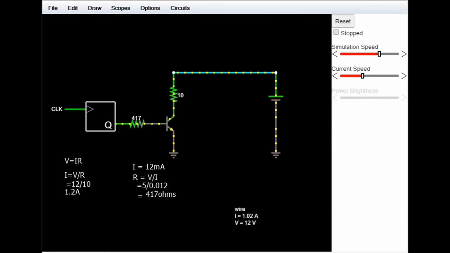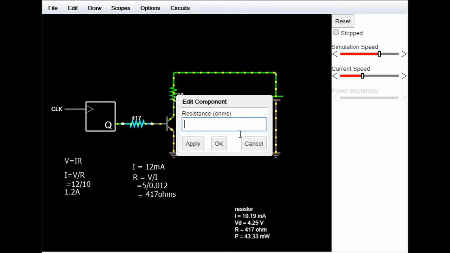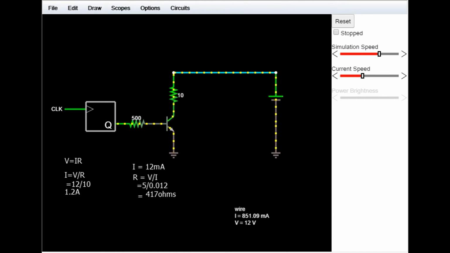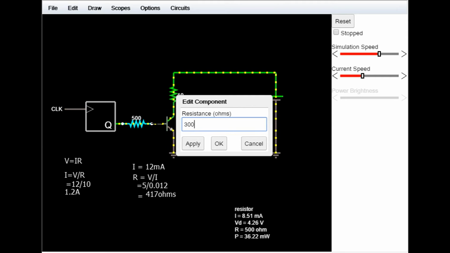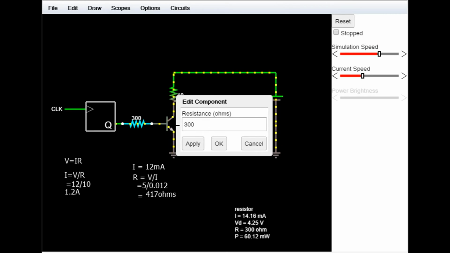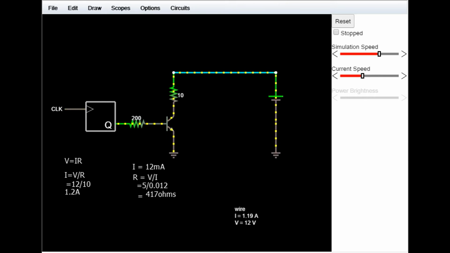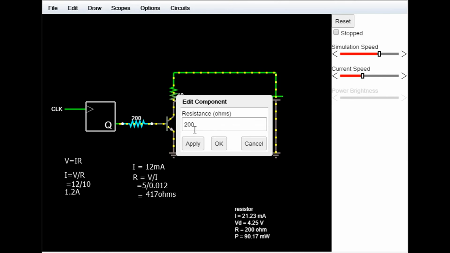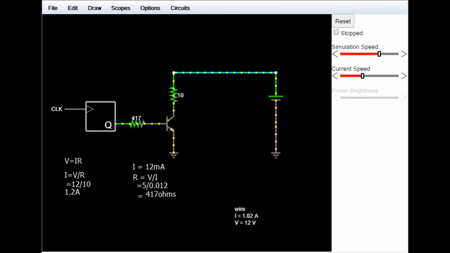We're getting 1 amp. Now, if I change it to a little bit more, 500, now we're only getting 850 milliamps. But if I change it the other way to around 300, it's actually giving us almost the nominal 1.2 amps. So the lower we go here, the more the current will be, but it will converge with 1.2 amps. So 417 is the minimal amount. Sorry, it's the maximum resistance